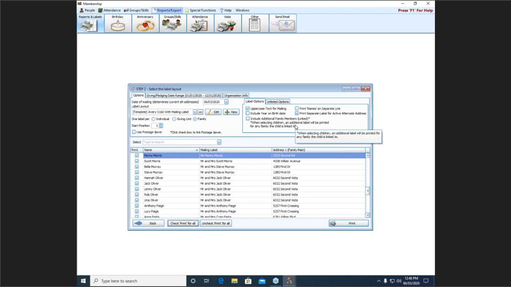Most often we see children where the parents are divorced and they go back and forth between the households. Sometimes you'll link those children to both houses. We can include those. And then there are also some unlisted options. These are more often used on reports and directories, but they are available for labels. You can print phones, emails, or addresses, either print them or not print them, and opt to show an asterisk beside them to indicate that they are